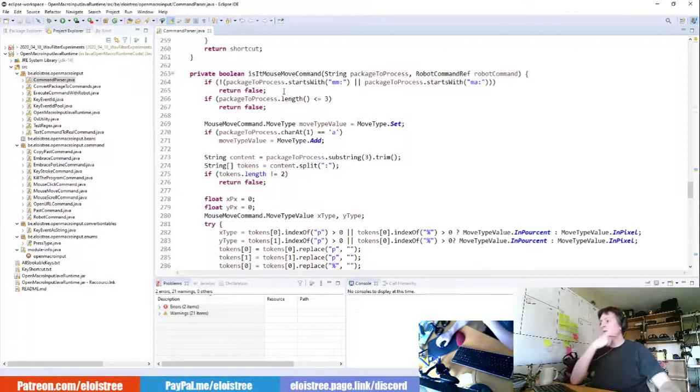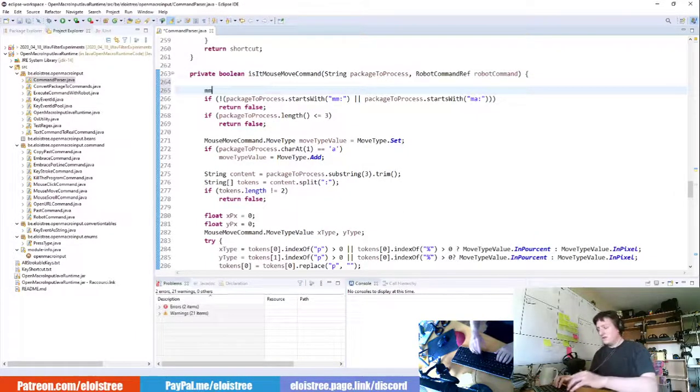For example, if you want to ask to move the mouse of someone on the screen, the command you need to send on the UDP part is a dot, the number of pixels you want to move, and the other number of pixels you want to move, X and Y. So if I execute this code on my tool, it will take the mouse and put it here, something like there. If you want to use percent, you can say I want to have 0.5% up and 0.5%, and it means that it will move my mouse here in the middle of the screen.